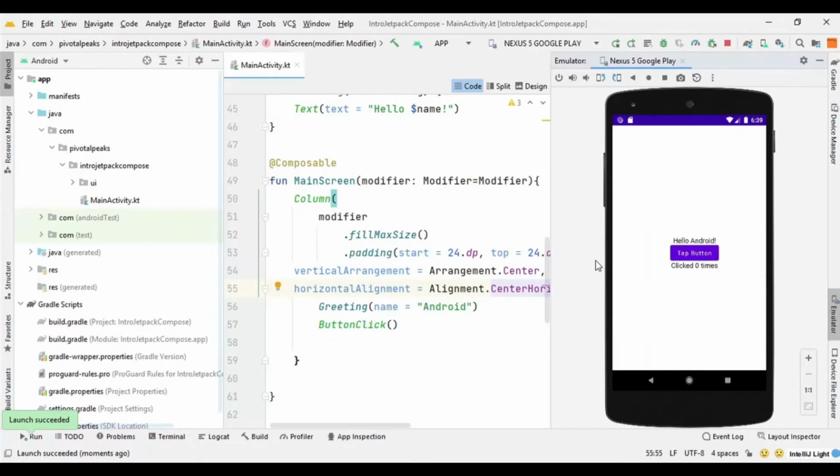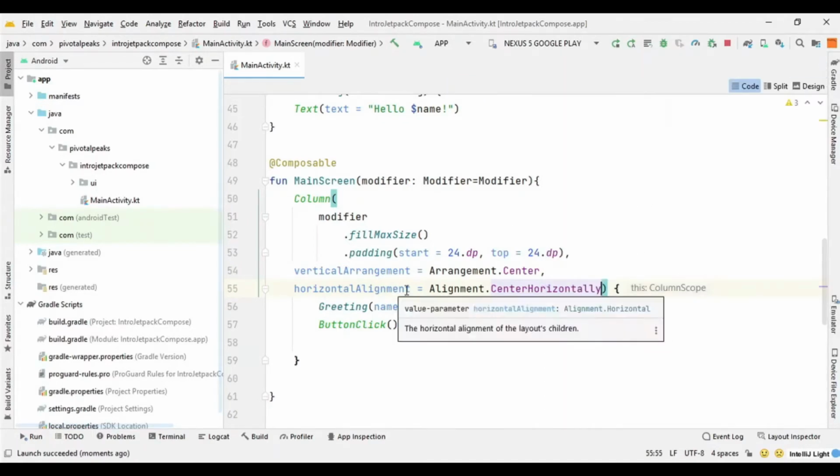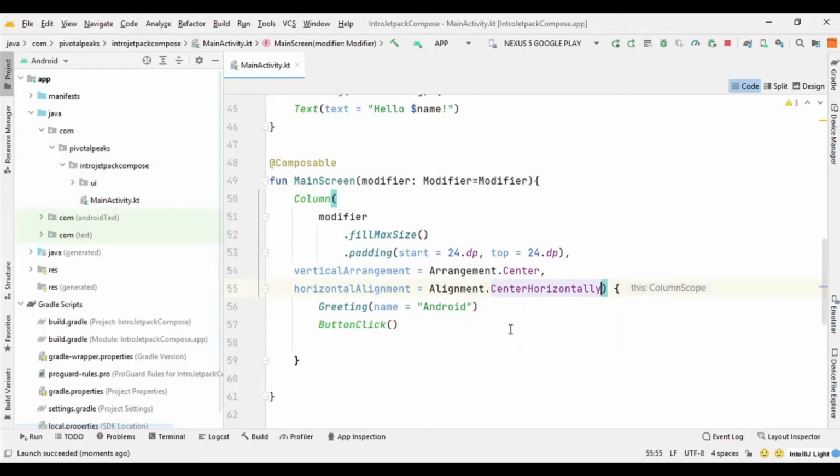Now you can see that every component is in the center and they are aligned vertically and horizontally, but you can see that there is not much space between them. So you can put space between them by using a spacer.